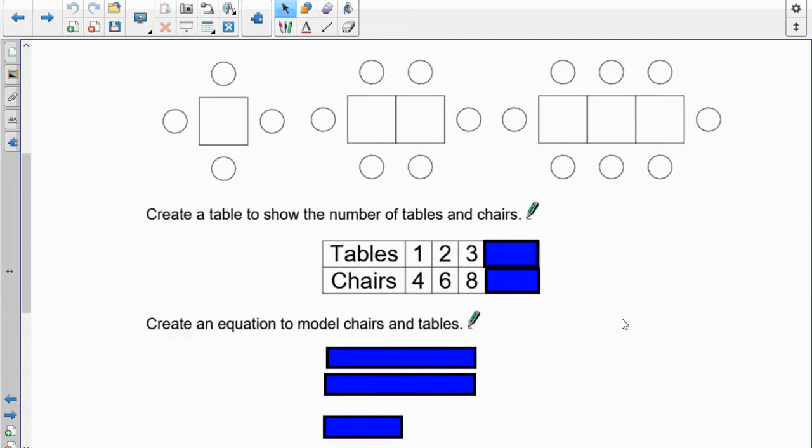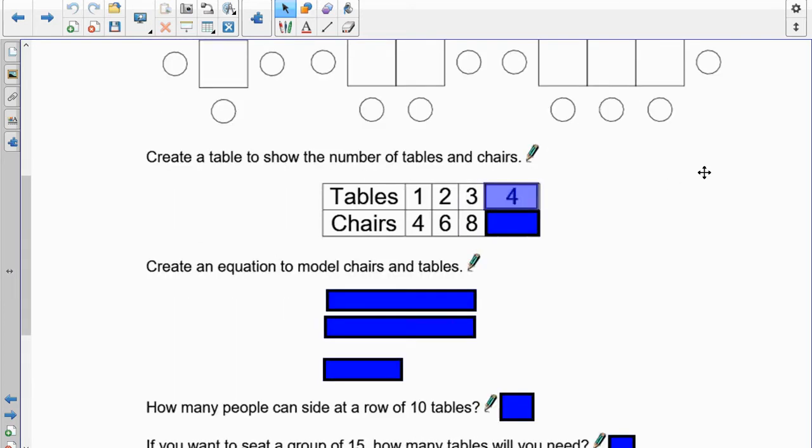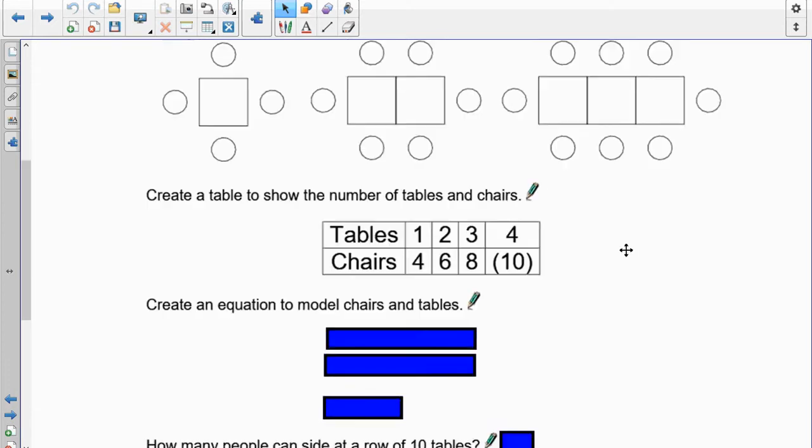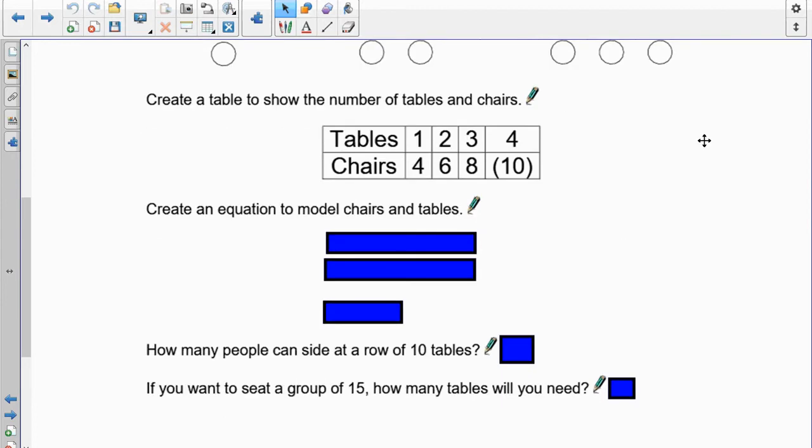All right. Now what I want you to do is see if you can figure out 4 tables. So pause the recording and try the 4 tables. Let's see how many chairs there are. Okay. Well, if you could have just extended the pattern, 4, 6, 8, you would have seen that this would be a 10. You could have gone up here and drawn the 4th one on a piece of paper and counted it up. But what we need to do now is to figure out what kind of an equation